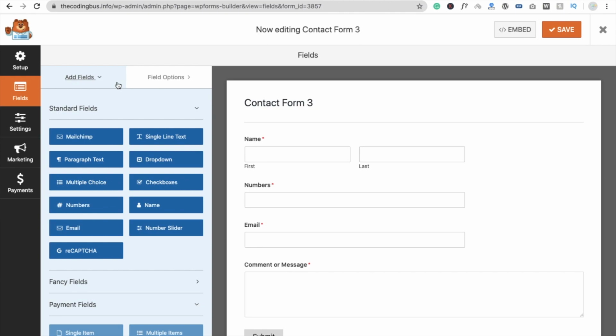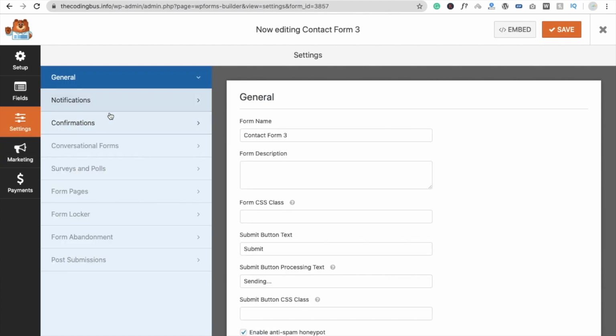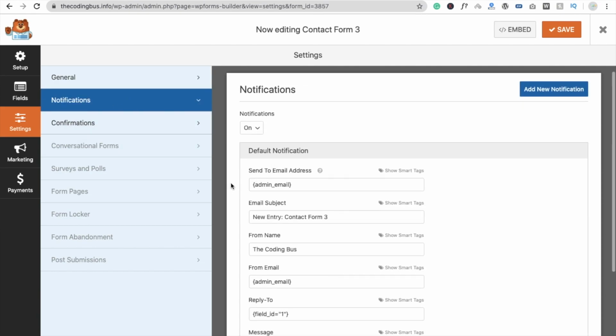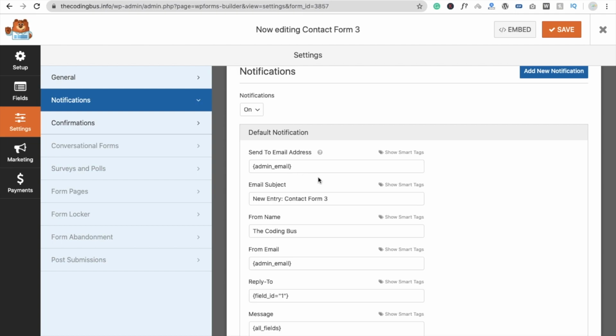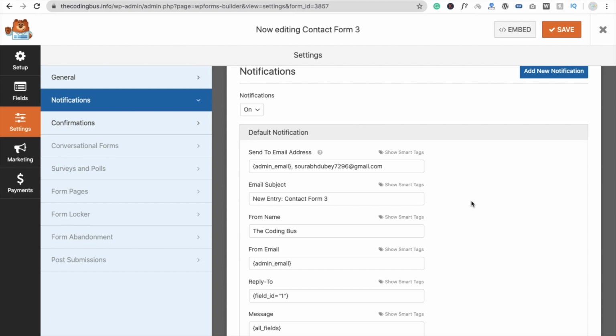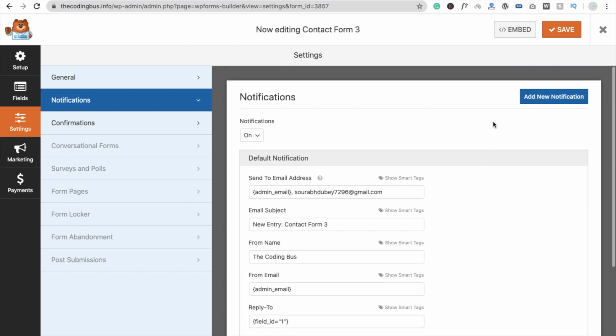So we have to get this information in our email ID. So we have to set up the email ID. So you can see here the setting option. Just click on the setting and click on notification, and you will see the default notification is sent to the email address of your WordPress website admin. Or if you want to get this information about the user in another email ID, you can just put your other email ID, like that one is my other email ID, and you just put it here, and you need to just click on the save symbol. Wait some seconds and just click on this cross button,